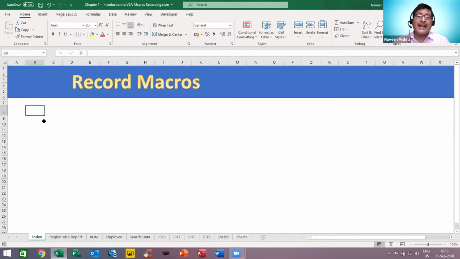With the help of macros, we can create our own custom commands. If you want to customize MS Excel as per your company requirement, we can create macros.